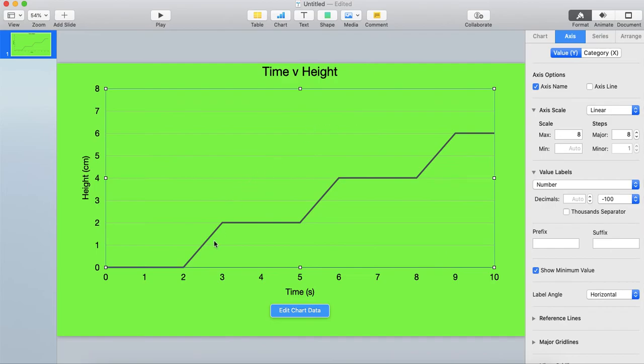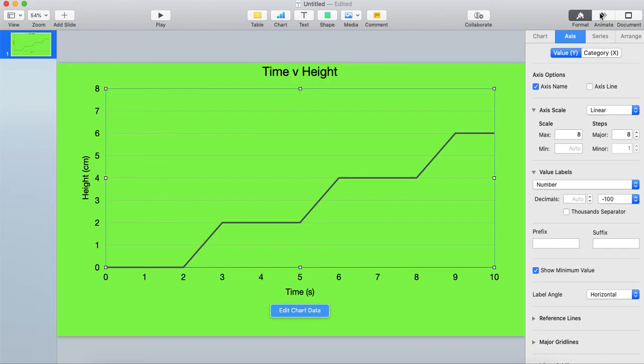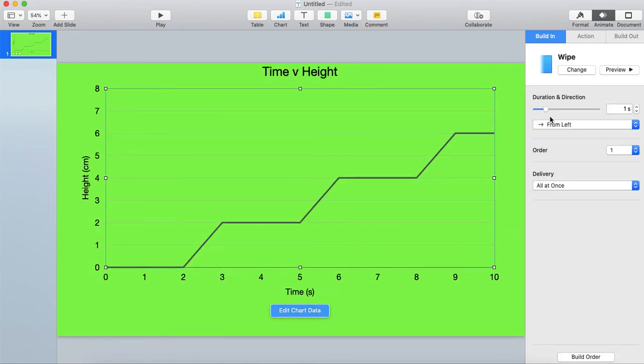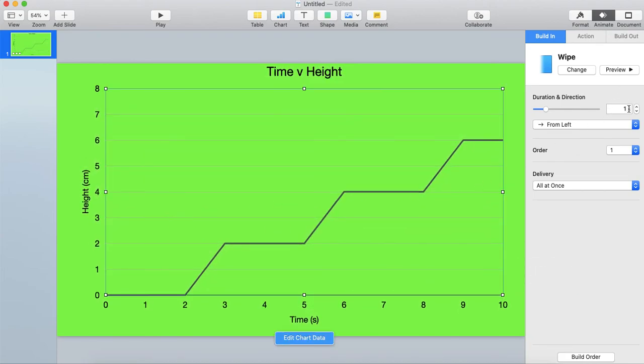All right. So now that I have my graph, I want my graph to come across as the seconds go. So I'm going to click on it, click animate. We want it to build in, and we want it to build in as a wipe. Beautiful. That looked just like it did in our graph stories that we watched. Now, obviously it's 10 seconds long here. I'll make this a little bit bigger so it'll fill up my whole page. Now, if I want it to be 10 seconds from the left,